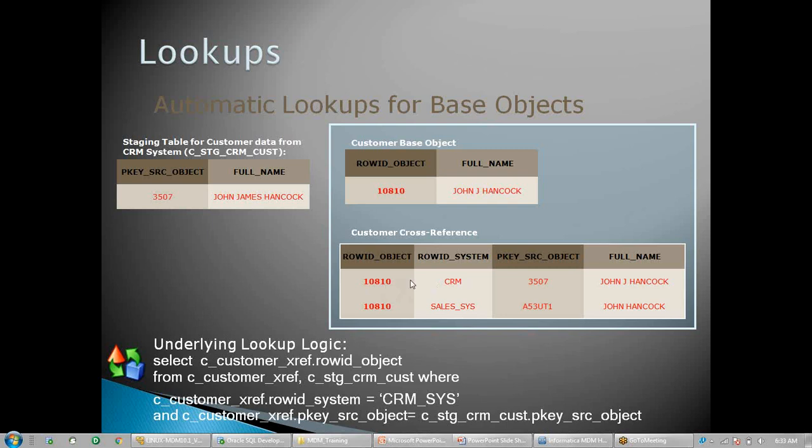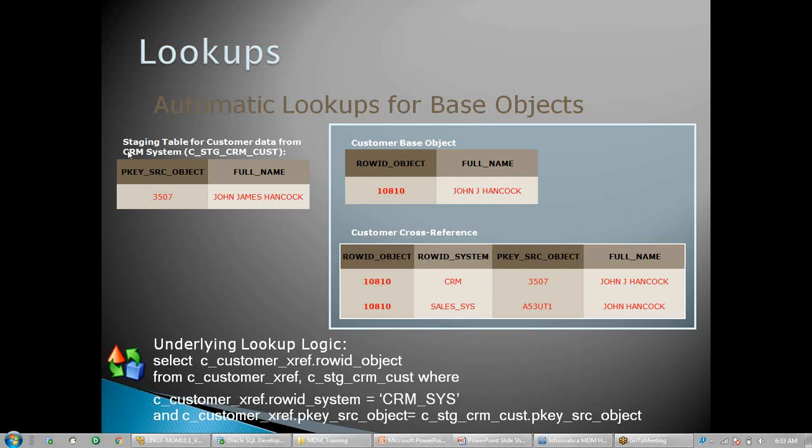This is a later scenario, which is a merge scenario. Initially I had loaded two records and then merged them. When I merge them, one record gets deleted from my base object table, and my cross reference always keeps all the records. We'll see the merge scenario later, how this happens. So now this is my structure. Currently in my base object I have only one record, and in my cross reference for the same record I have two cross reference records from different systems.